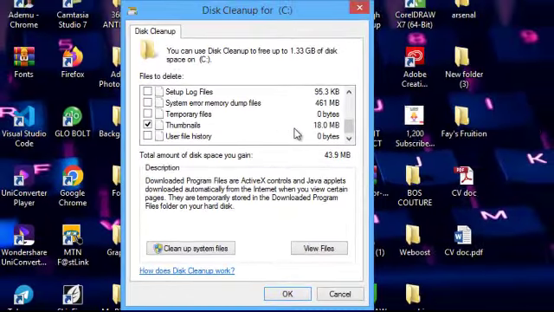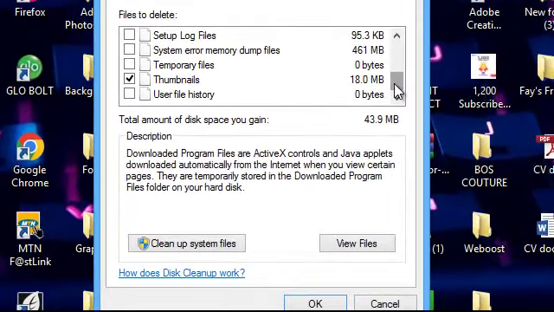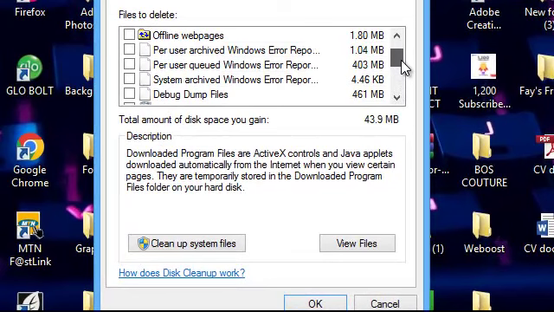So if you want to clear everything right now, then you can go over here and clear. You can see the amount of the cache memory around there is 43.9 MB. So you can clear this off, and maybe if there's any other thing you want to clear off from here,